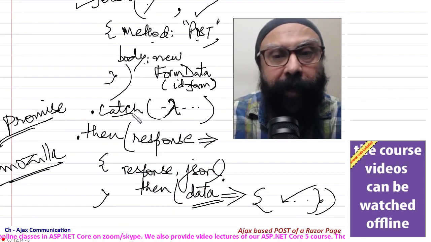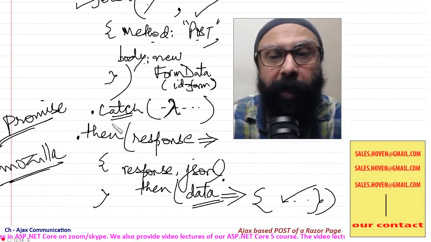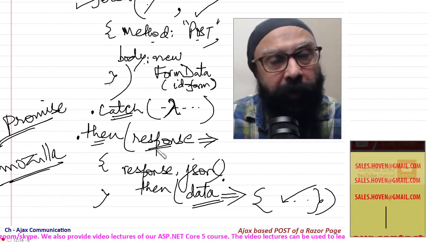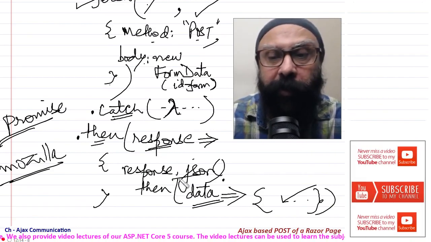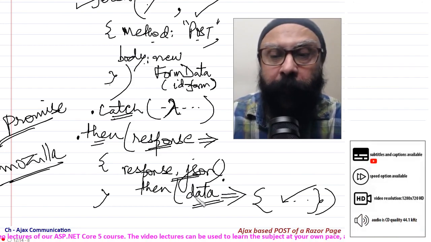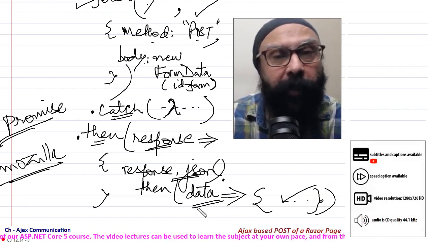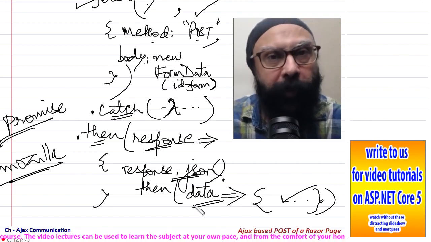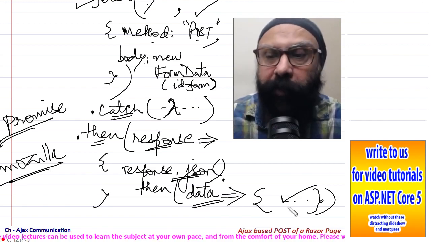Then there is a catch handler, and if no catch occurs, then this is the response stream. This stream is converted into a JSON string. The JSON string is obtained from this and is available in data. This could be a simple string, or maybe a complicated object also. So if it is a complicated object,